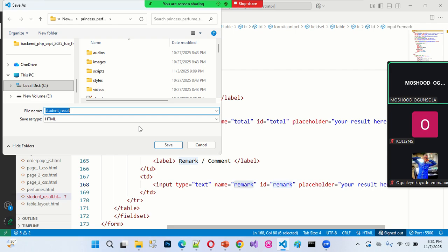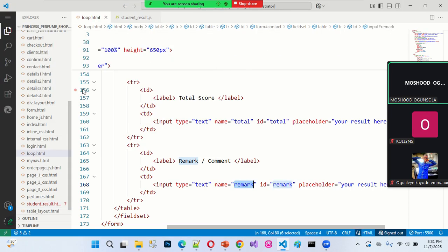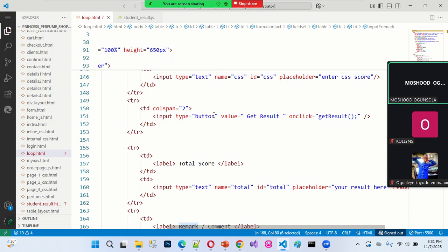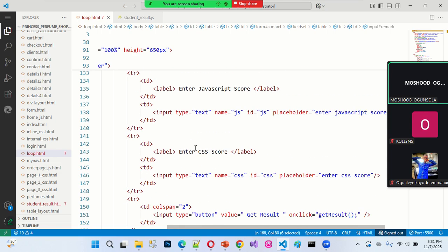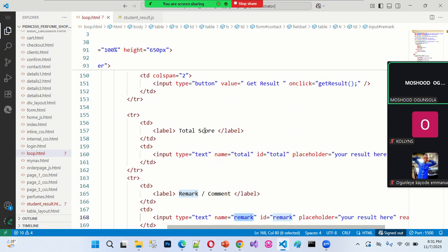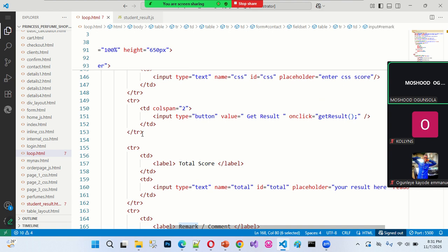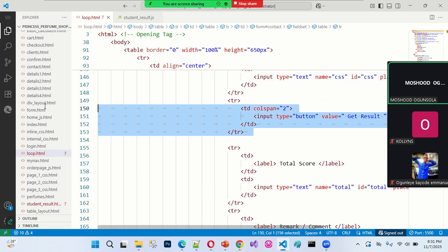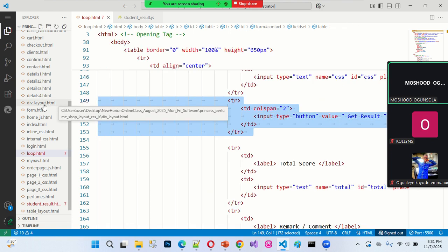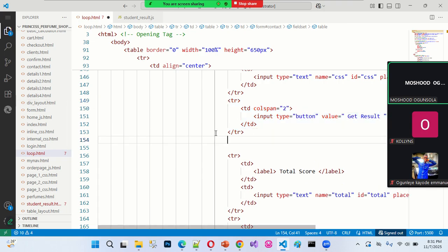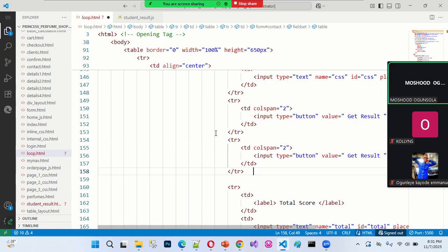So, and this is going to be what I call loop.html. Okay, that is it now. Loop.html. So in this loop.html, I'm going to be using some of this button. Where is the button get result? Okay, I'm going to duplicate this section here. So that's going to be button for 3 loop 2